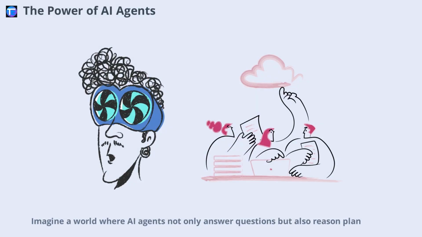Imagine a world where AI agents not only answer questions, but also reason, plan, and act with autonomy. This is no longer science fiction. Thanks to advances in large language models, AI agents are now capable of handling complex tasks that once required human intuition. In this video, we'll explore how AI agents can scrape the web, analyze sentiment, and generate interactive dashboards, all